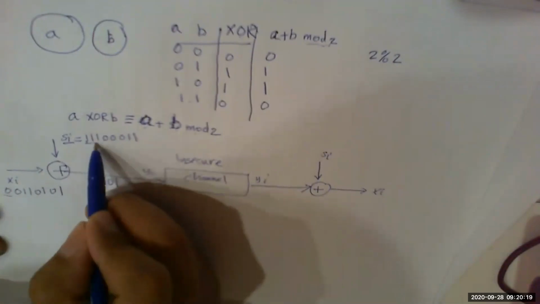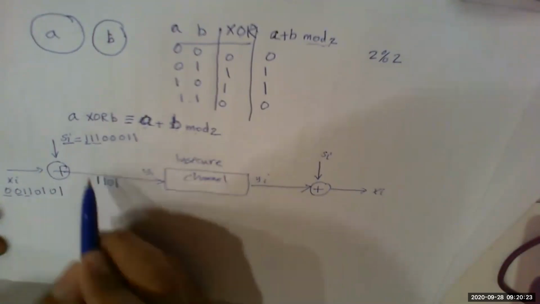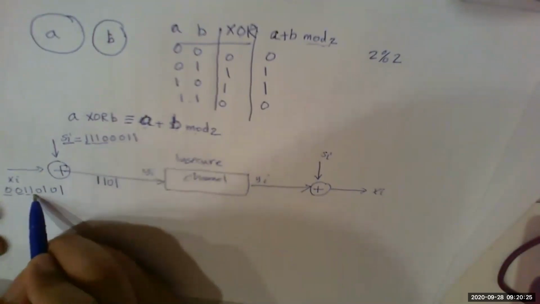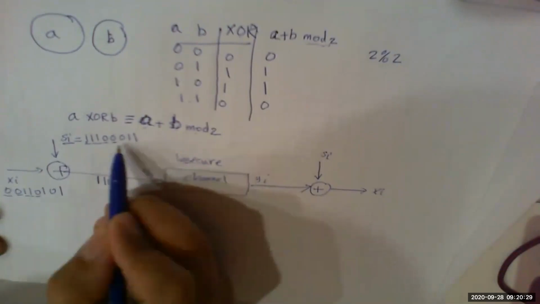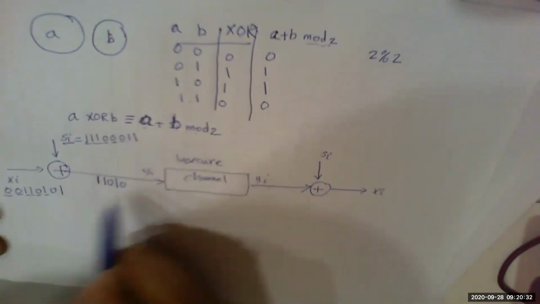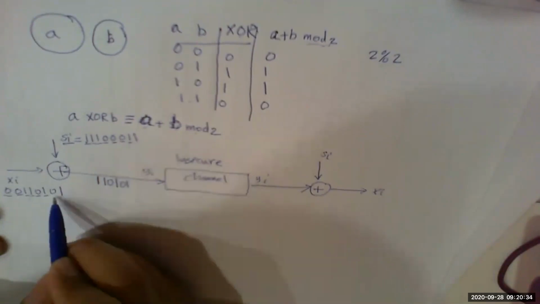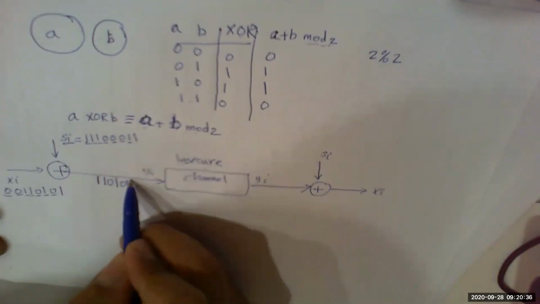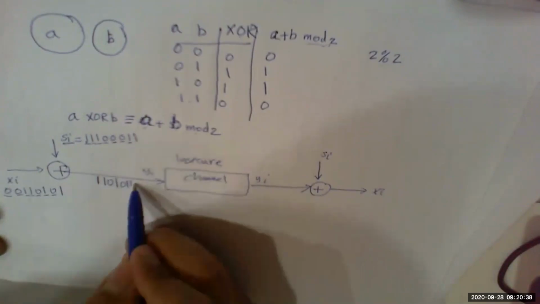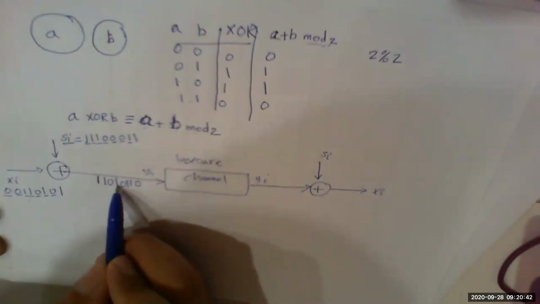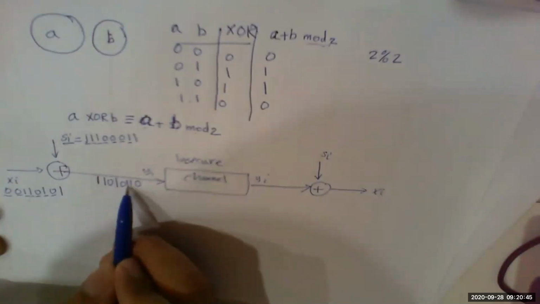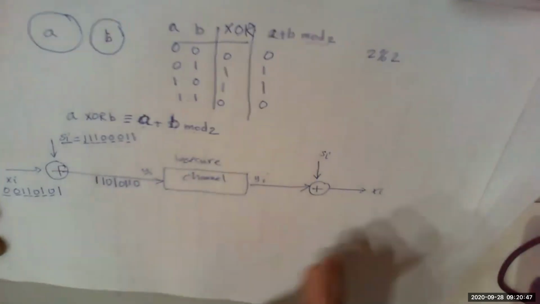This is also finished. 0 with 0 is 0. 0 with 1 is 1. 1 with 0 is 1, and 1 with 1 is 0. So we have 1, 1, 0, 1, 0, 1, 1, 0. This is the ciphertext. The ciphertext will go to the other side,